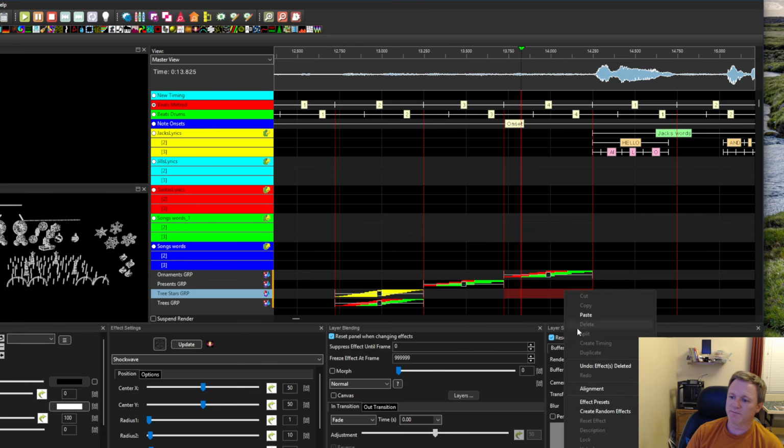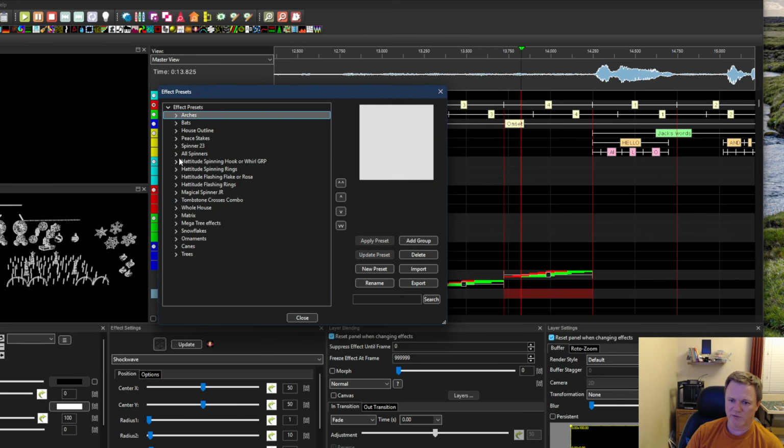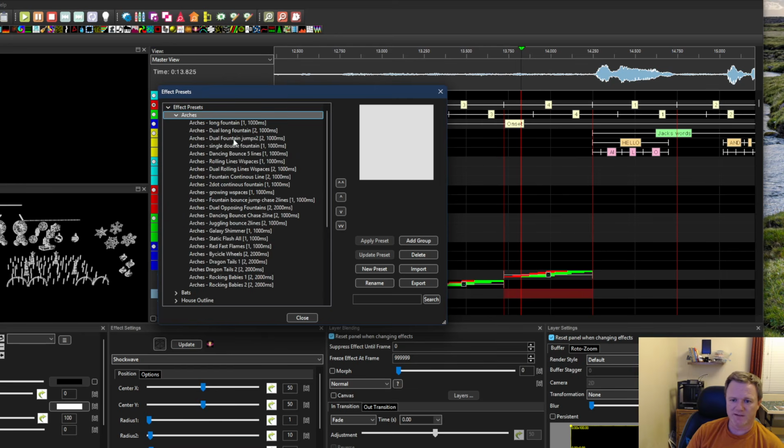Now I save it. So in the effects presets area, I right click on there and I go to effects presets. In the effects presets, I have multiple effects for all of my things. Excuse me, losing my voice. So for my arches, I have,